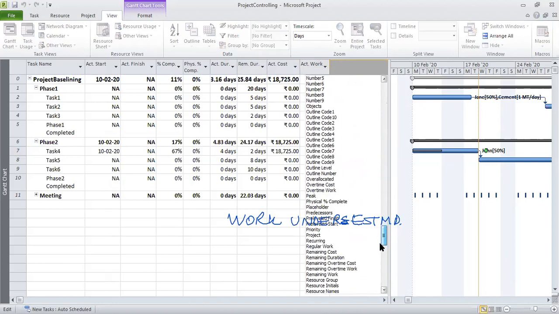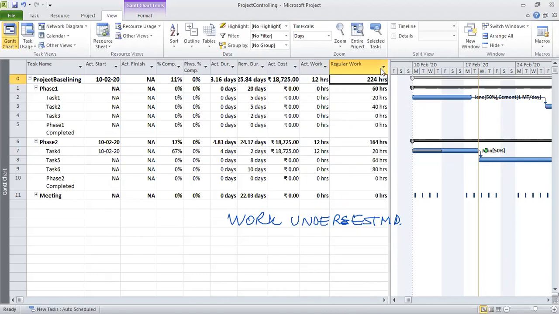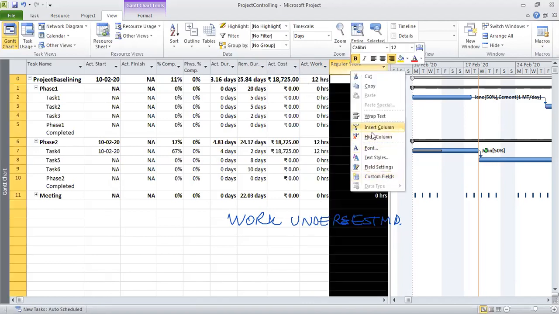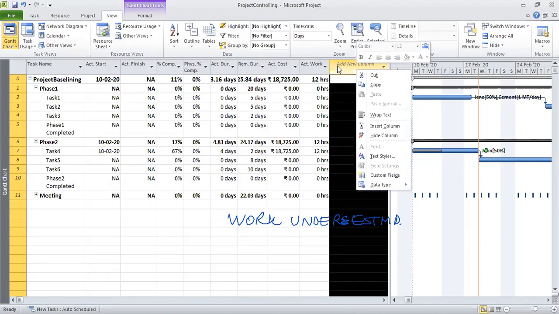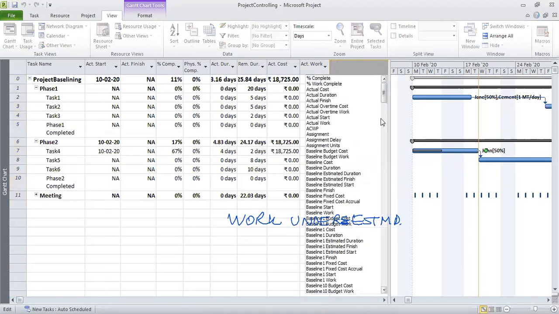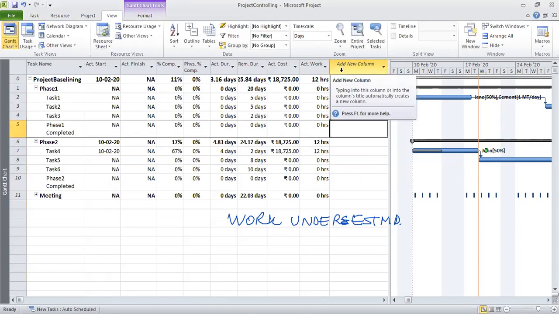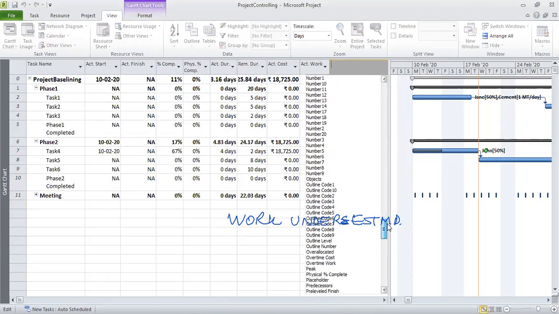Here we go. There are quite a few choices here. Remaining work. So we chose it. I'm sorry, not regular work, I wanted to say remaining work. Just a moment. I need to hide this. And again, add a new column. Yeah, it is taking a little longer than what it should.